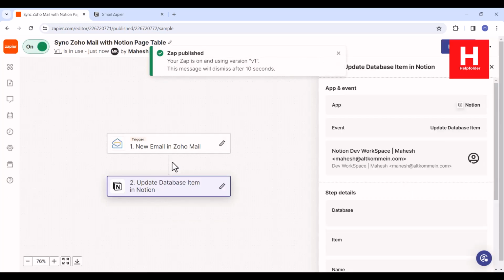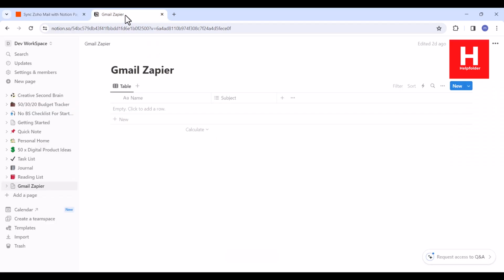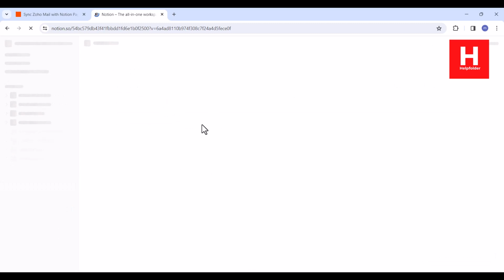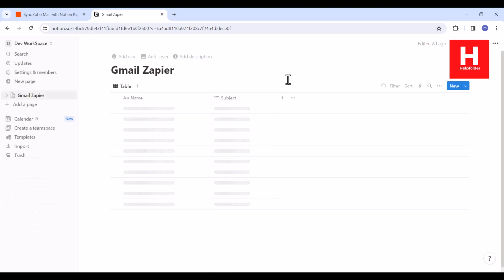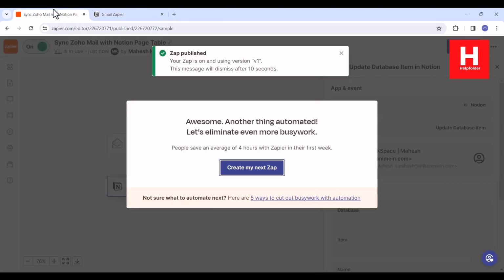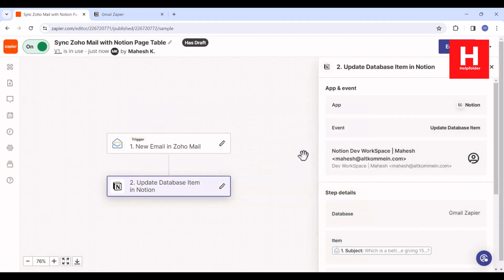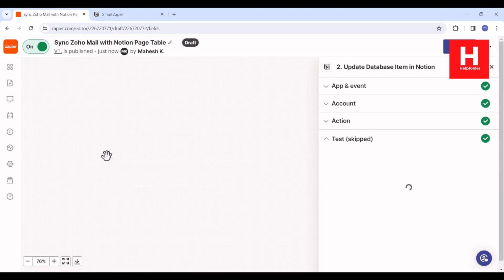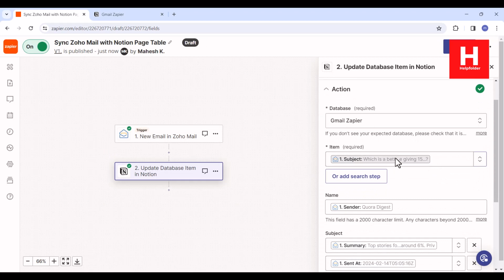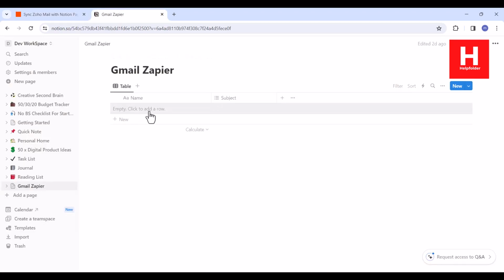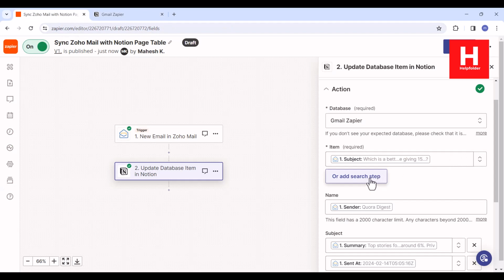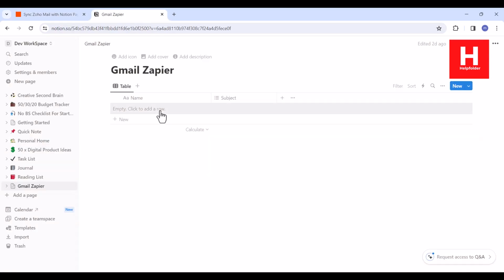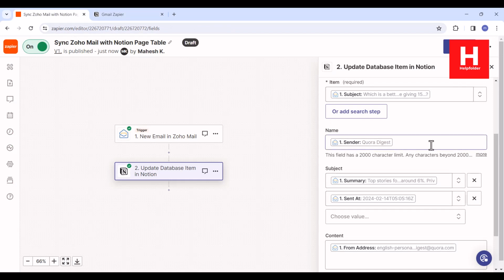Let's see how many items get appended. Right, make sure whenever you are appending, it is appending within the raw text. Right, so let's update this. If it doesn't update that, then do note that you may have to change a few items. Right, so here you can see one of the items needs an update. Right, so I will go back and check update, edit existing draft, database, then item. So here you see this is the database item and we add it. Okay, so name and subject is there, name and subject, and then you can see